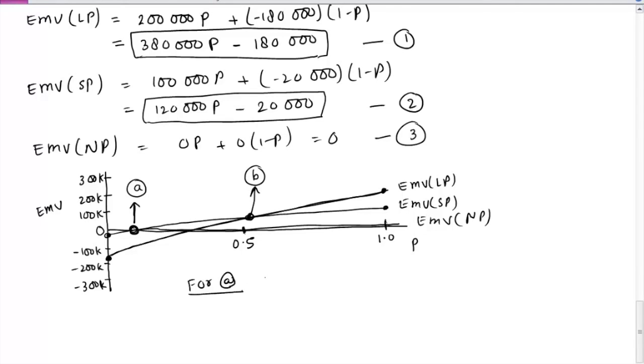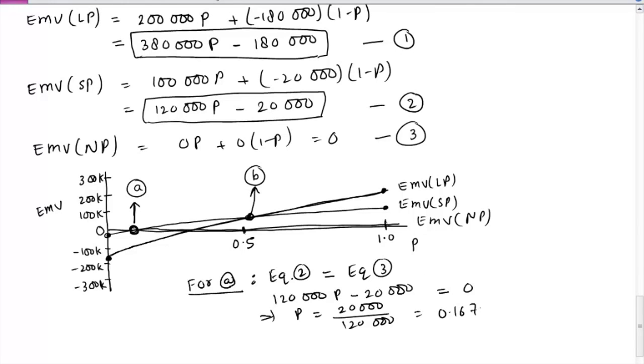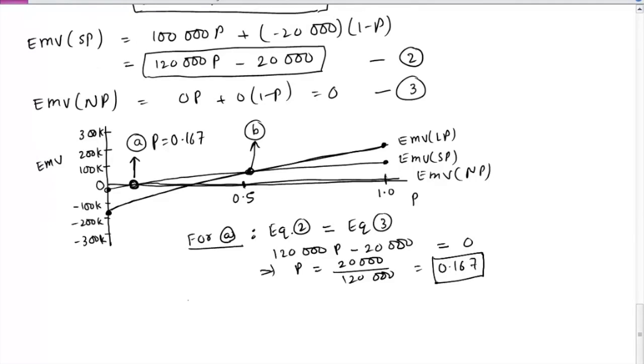We can equate. So equation 2 is equal to equation 3, and equation 3 is 0. So value of P equals 0.167 for point A. Similarly for B,